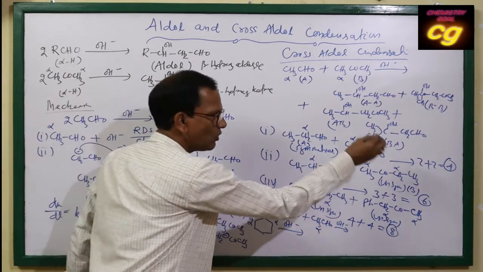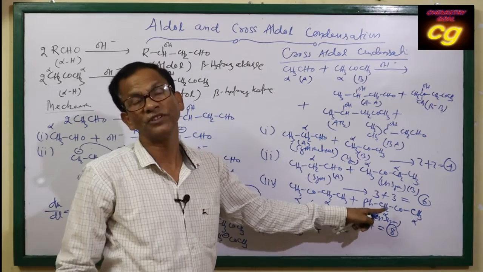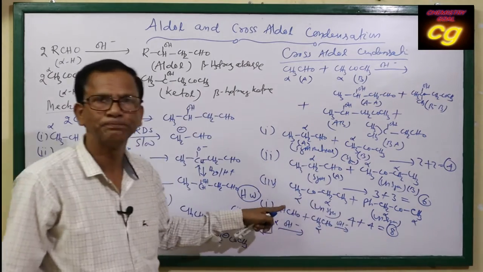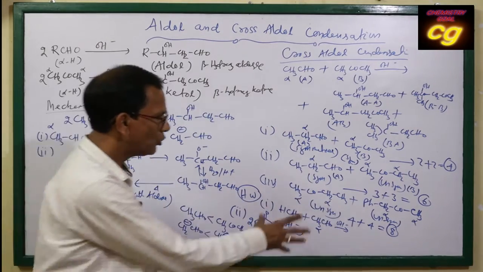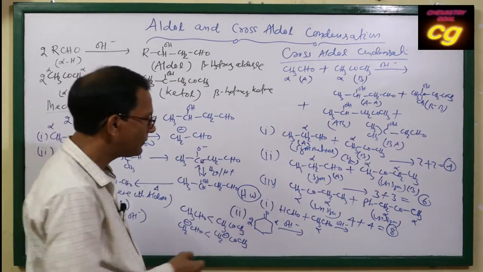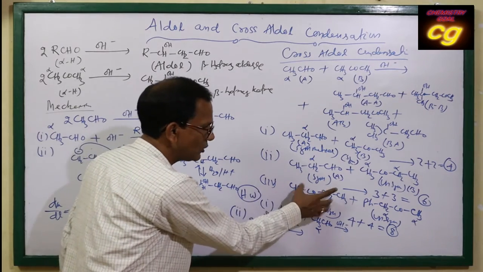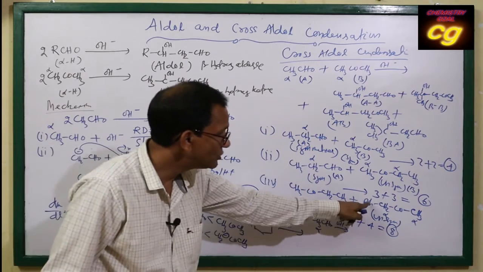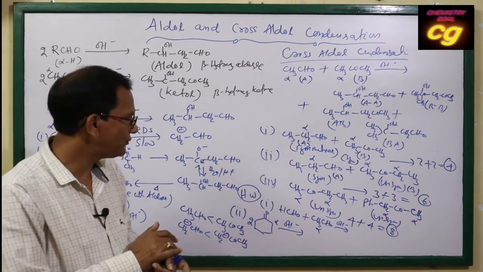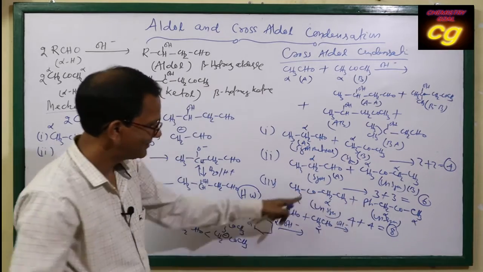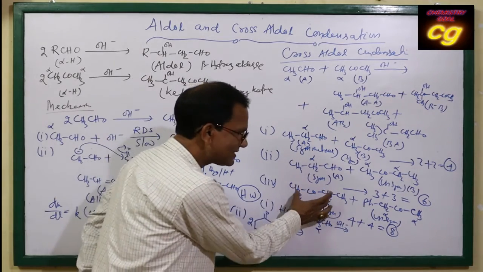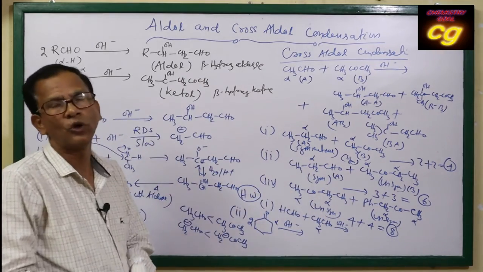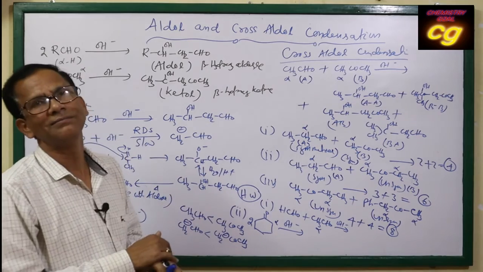If one is symmetrical and one is unsymmetrical, 3 plus 3 will form. This is very important to remember for your examination. Then if both are unsymmetrical, meaning both have 2 alpha positions, one alpha hydrogen on this side and another on this side, both are different. So this is 2 and another also 2. Because the unsymmetrical environments are different, why is it 4? 2 for this side and 2 for this side. So self condensation will be 4 and cross also 4. Always self and cross will be double.